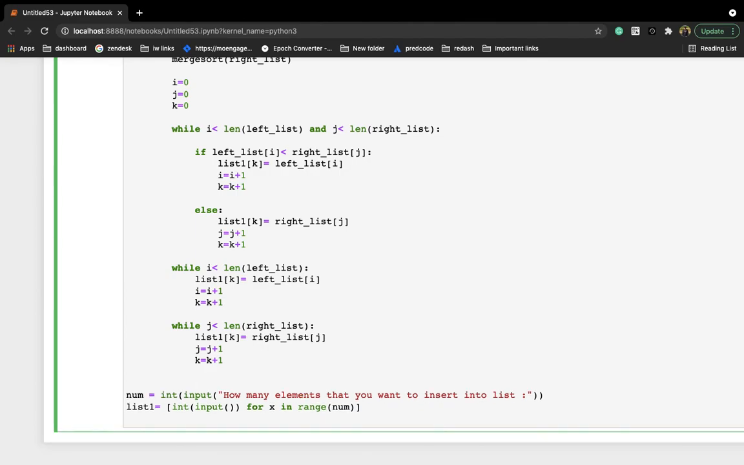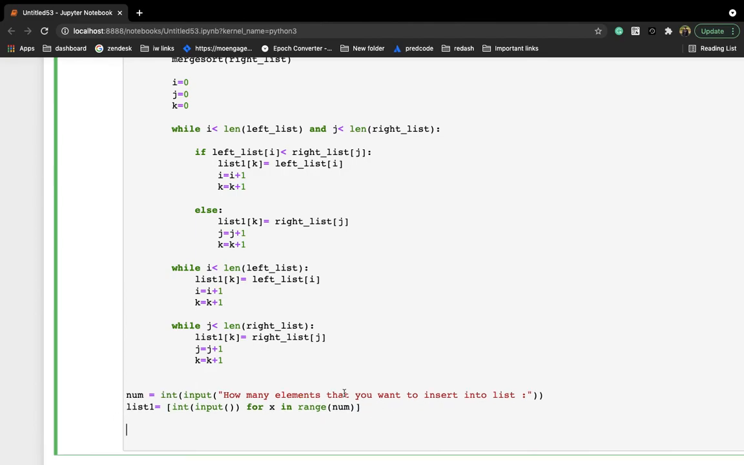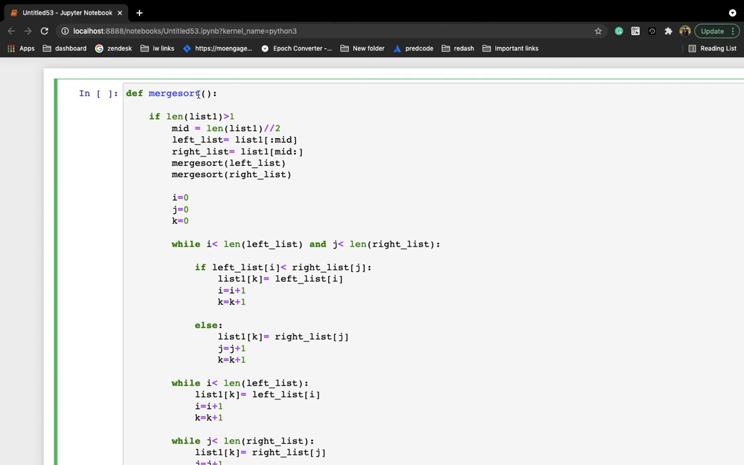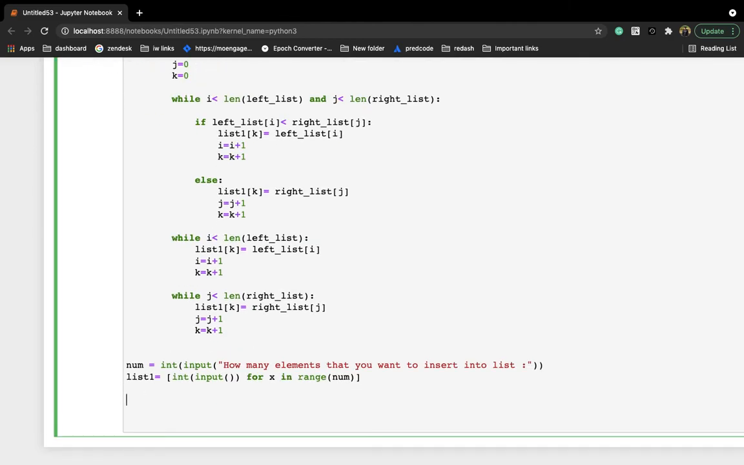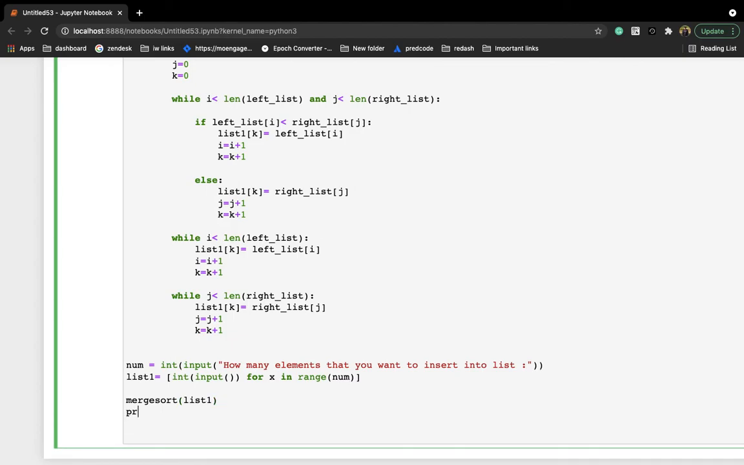So once we write this, let me call this function. Okay, fine. So here I need to pass list 1 as a parameter. Let me call this function. So I have called this function. Now let me print